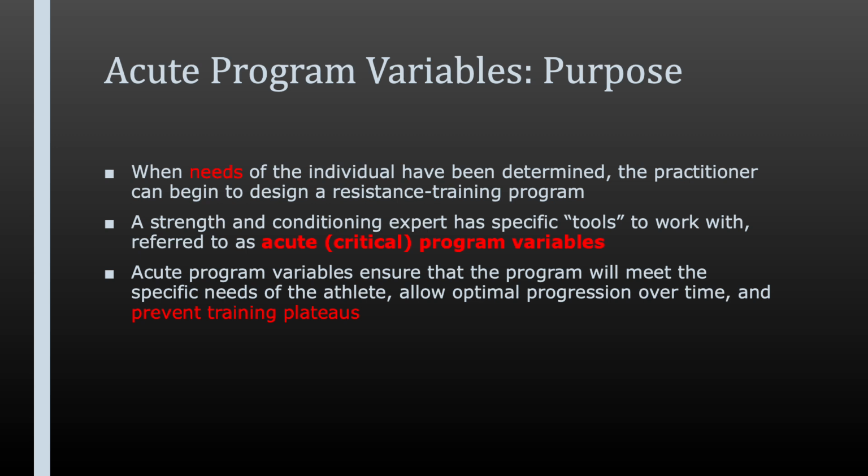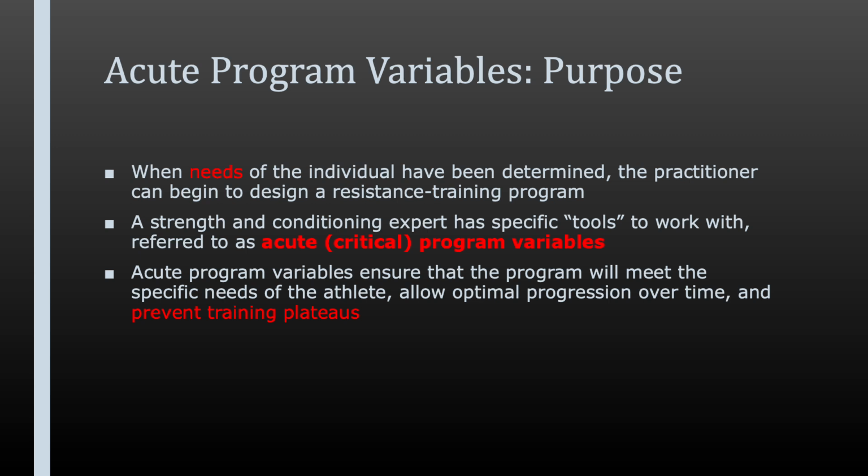We mentioned the 7 critical variables: choice, order, frequency, intensity, volume, rest, and progression. But what is the purpose of these? So the critical variables are essentially your tools within your toolbox to design an effective program. So we need to determine the needs of the individual for that program, which we've done previously in section 1, the needs analysis. The strength and conditioning expert will then use these tools, referred to as the acute critical variables,